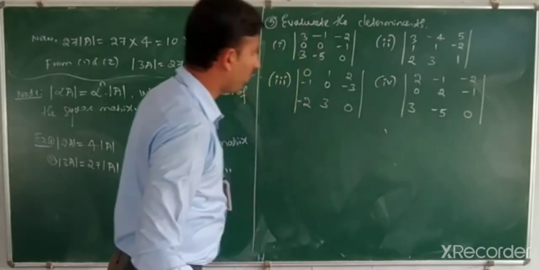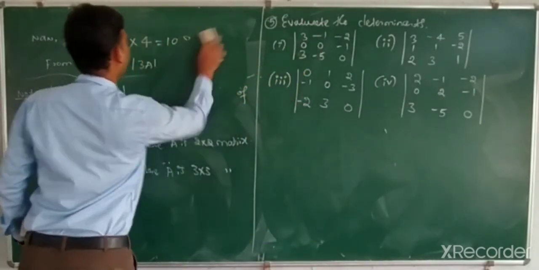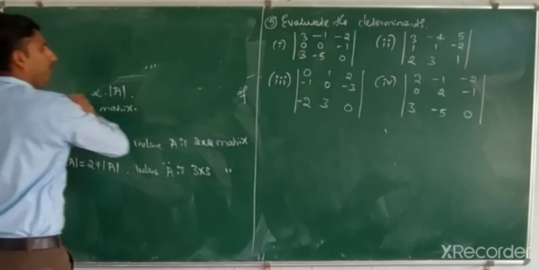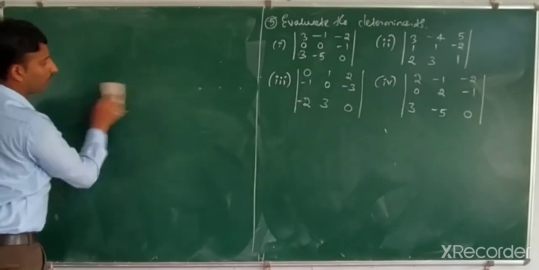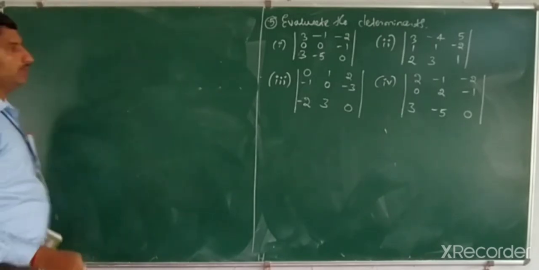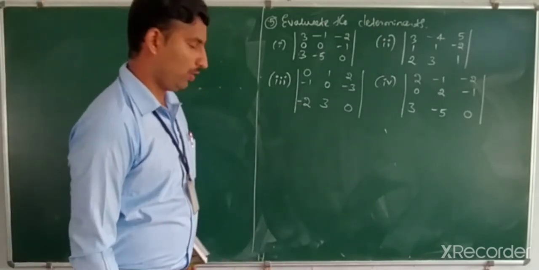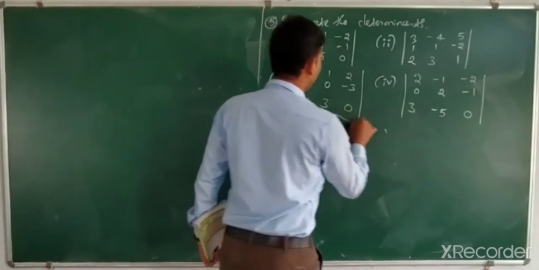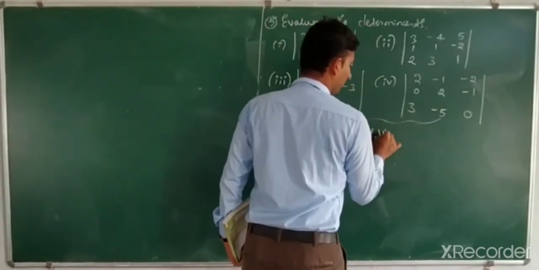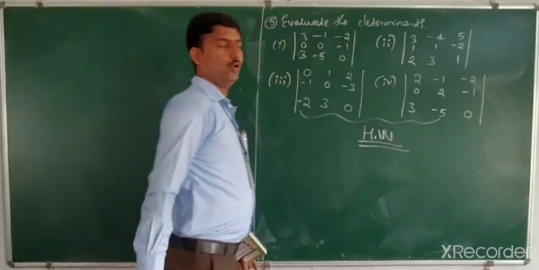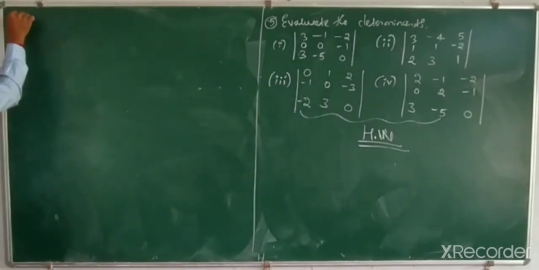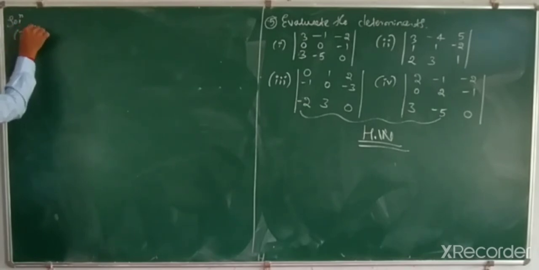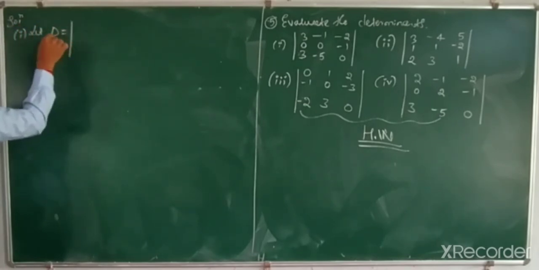These are the 4 problems, but out of 4 I will solve only 2, and the rest 2 are your homework. You have to do them with the help of observing the videos. These 2 are homework to you. I will solve solution number 1. Let delta be equal to